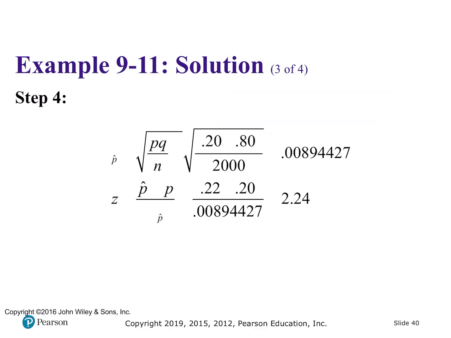Okay, so let's calculate some stuff. Sigma sub P hat, square root of PQ over N, if you're doing this separately, which you have every right to do, I don't find it particularly necessary. And certainly more decimals doesn't hurt. If you're putting 4 or 5, you're probably okay, but 8 is always better. 8 is enough, I guess. So Z is equal to P hat minus P divided by that sigma. So you got your 2% on top, 0.02, divided by the standard error, which is less than 1%, which means our Z is a